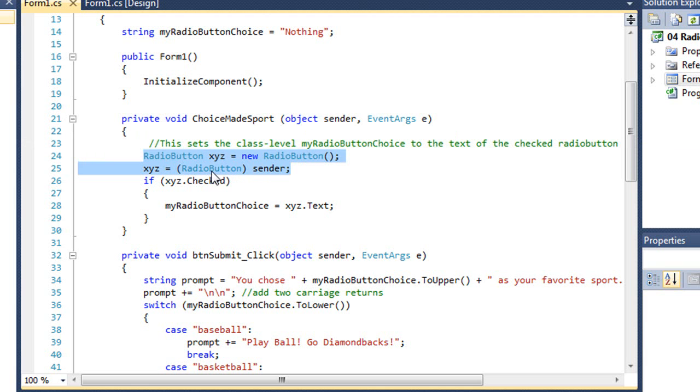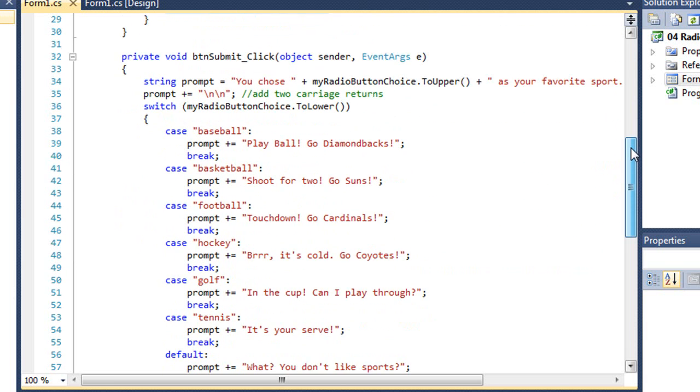So I'm going to cast it as a radio button by putting xyz equals and radio button in parentheses sender. So sender gets cast to the radio button, and that radio button is then assigned to XYZ. And then I can look at the checked value of XYZ, and if it's true, we're going to set my radio button choice class level variable to the text of XYZ. Then when they click the submit button,